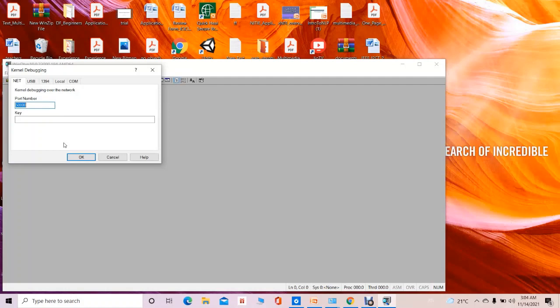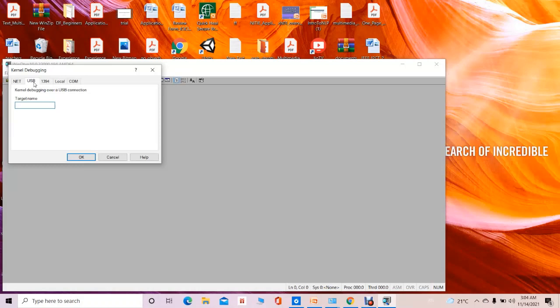If I select the NAT option, that means the host computer needs to be connected with the target computer by using some network like a local area network. So we can connect to a particular target computer by using NAT, and we can perform the live volatile memory forensics of that target computer, or we can say that we can debug the target computer. Another option is the USB device, that means a USB connector.